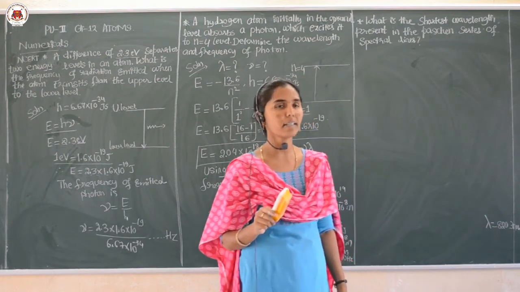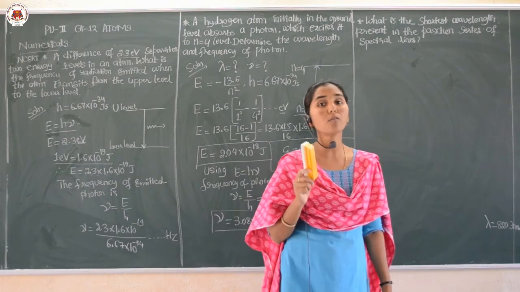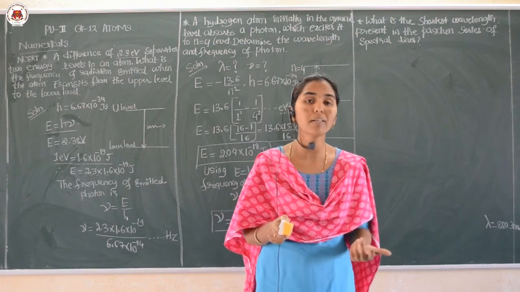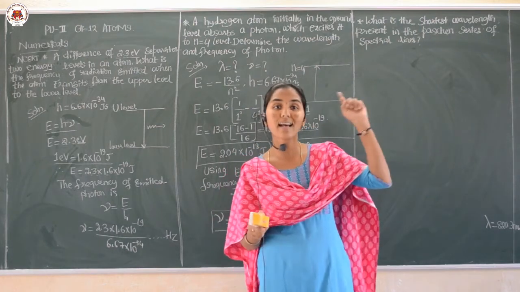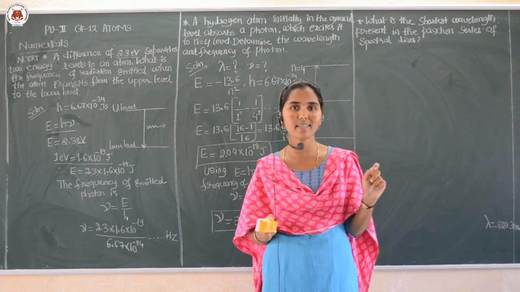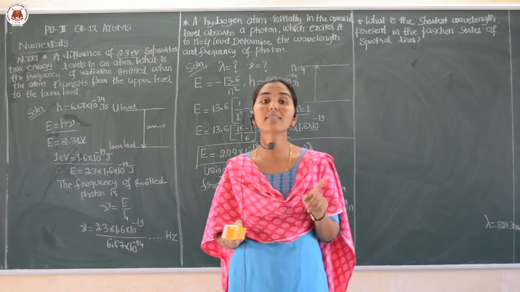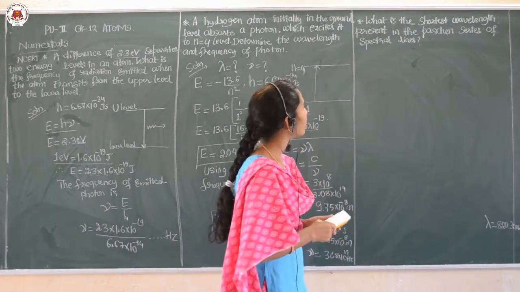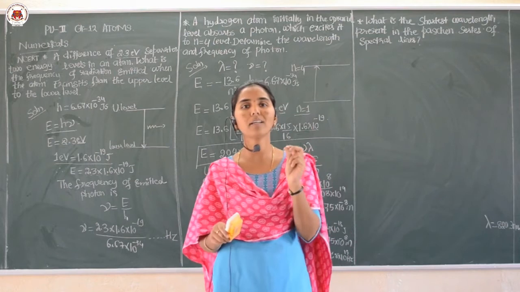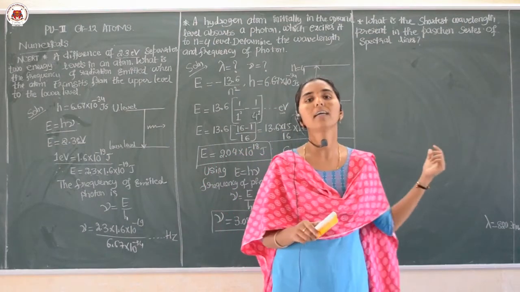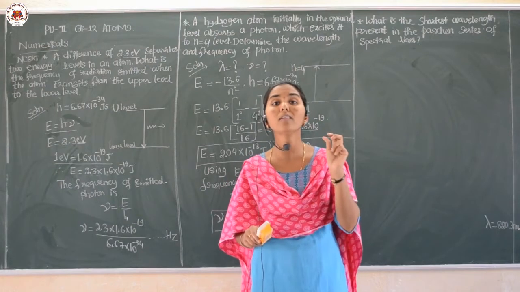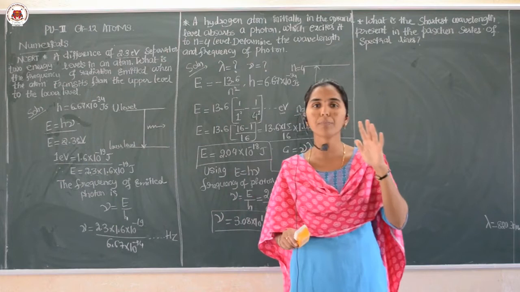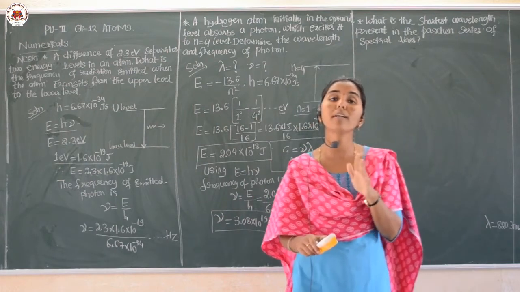What question is asked here? What is the shortest wavelength they asked. Tell me, dear student, shortest wavelength means which line we need to consider? The last line of the spectral series, that is also called the series limit, that I used in the theory videos, isn't it? Yes. Then the given numerical gives me a clear idea that here I need to take n2 equal to infinity, because the last line will have the continuum, that is, the n value will be equal to infinity here.